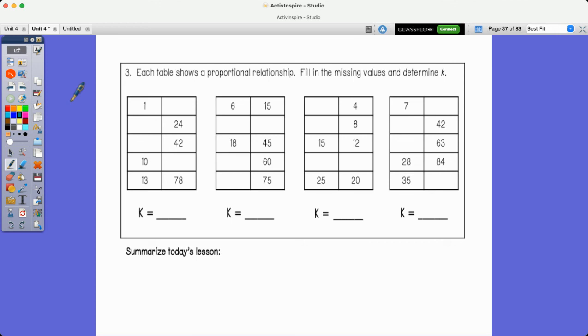Okay, each table shows a proportional relationship. Fill in these missing values, determine K, and then summarize today's lesson in 2 to 3 sentences. Make sure you're talking about complex fractions, how you can change them, what a proportional relationship is, the 2 types of equations we're using, and I will see you guys in class tomorrow. I hope you have a great